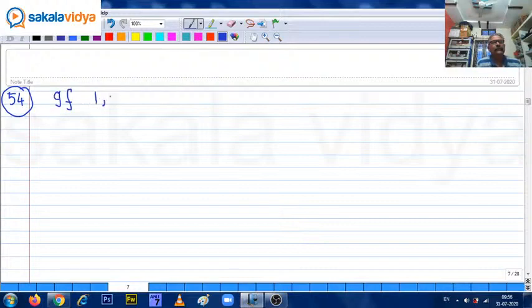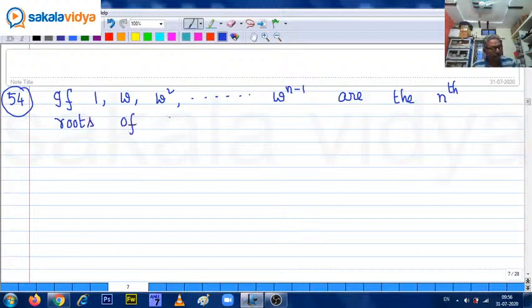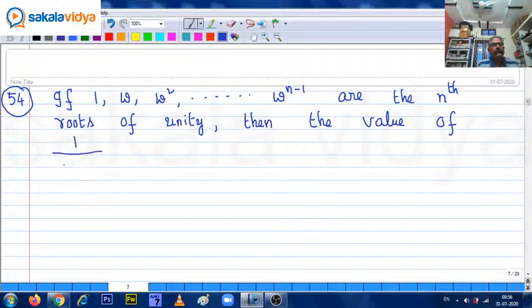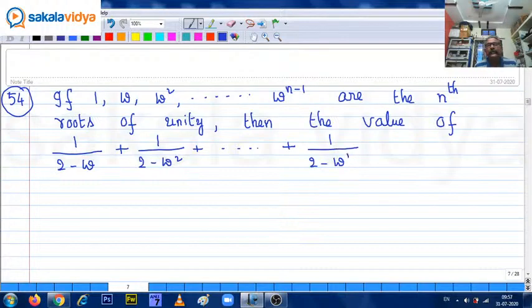If 1, omega square, and so on, omega to the power of n minus 1 are the nth roots of unity, then the value of 1 upon 2 minus omega plus 1 upon 2 minus omega square plus so on, plus 1 upon 2 minus omega to the power of n minus 1 equals to